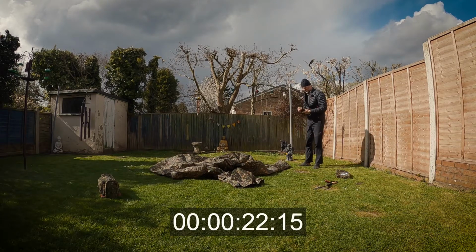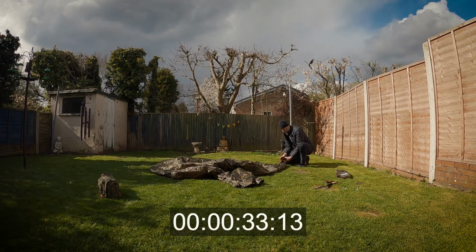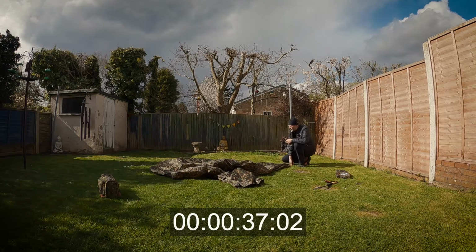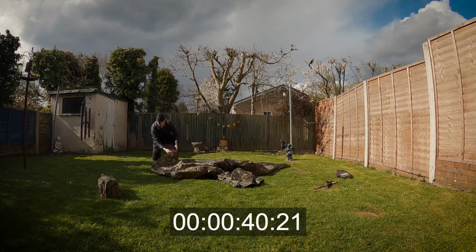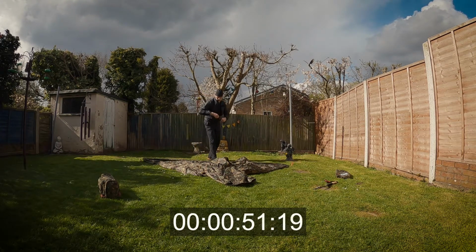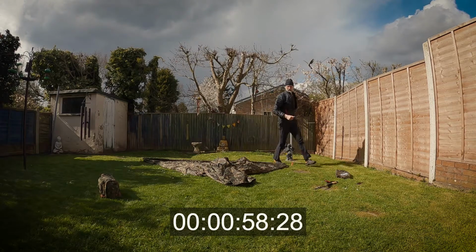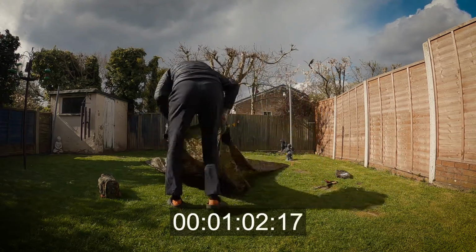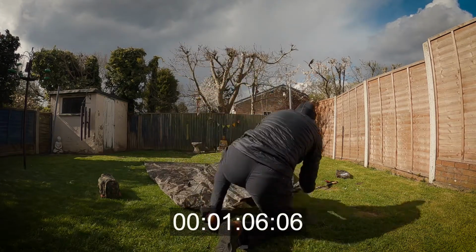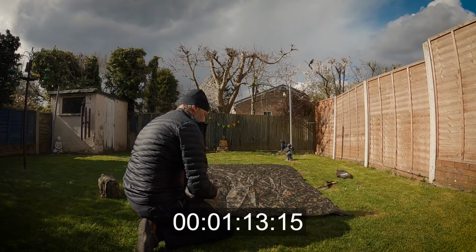You put the back of the tarp towards the wind. I really shouldn't have done these pegs up. And then you stake out the back of the tarp. You just push them into the ground, one in the middle. And that's the easy bit. The next bit is you bring the tarp out, and there are these anchor points, and you take a peg